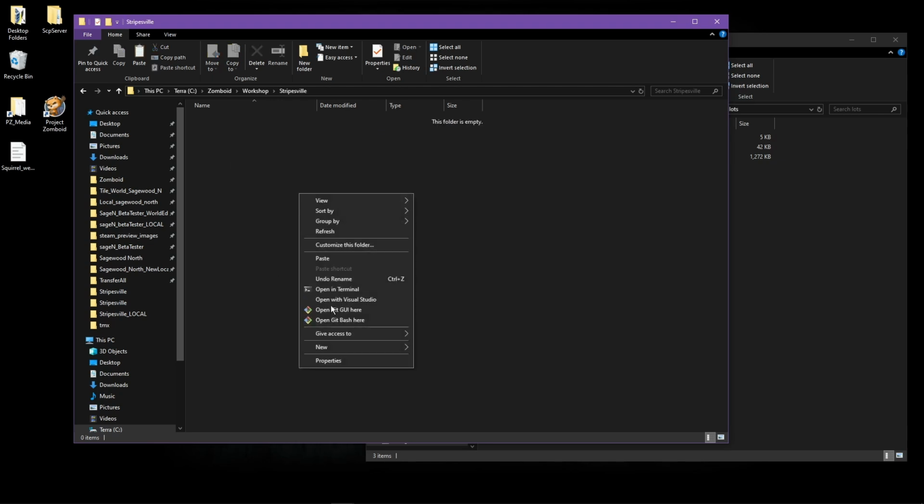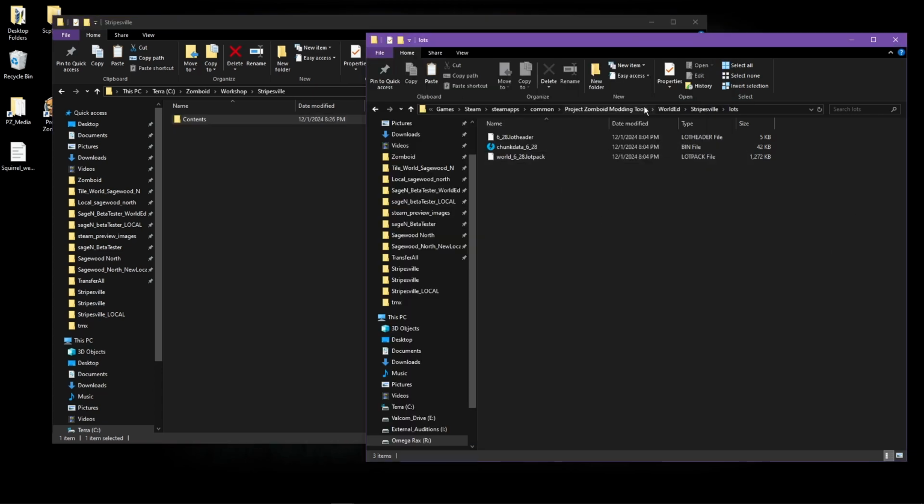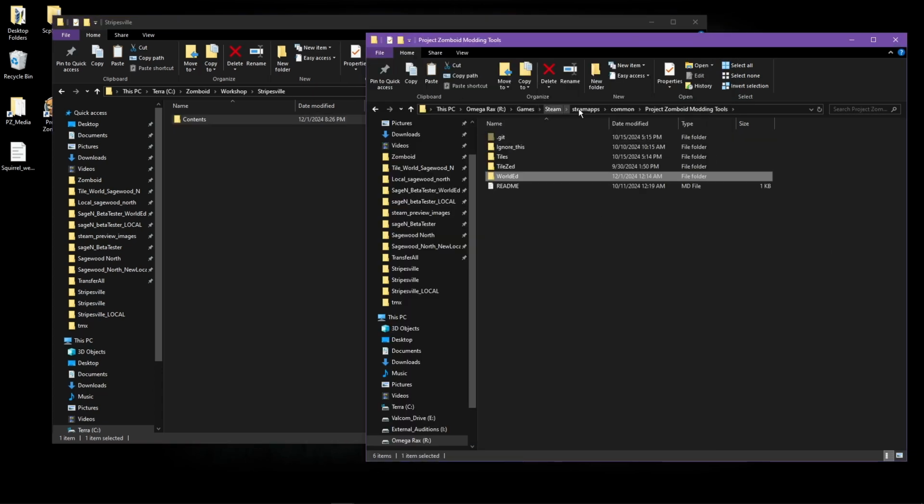Inside of Stripesville, I'm going to create three things. The first one is a folder called Contents with a capital C. Then I'm going to create an image. It's going to be a PNG file, called Preview. Now, because it's a PNG file, and I don't want to make one for now, what I'm going to do is go back to where we had our